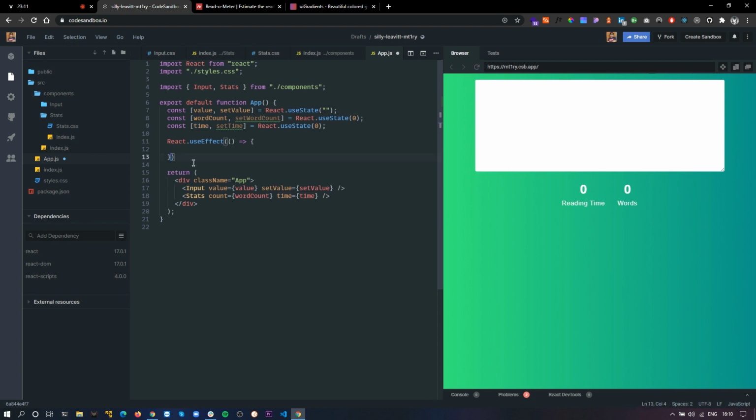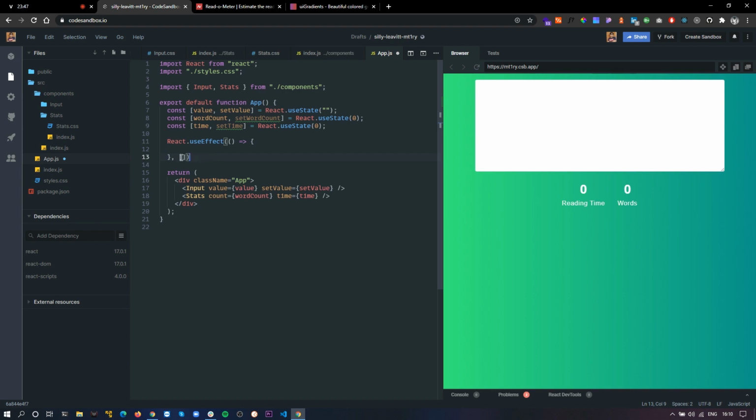But if you pass the second parameter and you pass an empty array, this means that it will run only one time, when the component initially renders. This structure is good for making your API calls. So let's say you want to render some data, and you want to fetch the data from an API. You're going to use this particular hook, and you'll pass an empty array right here, so that this function will be called when the component renders for the first time, and then you can maybe update your state. It won't be called again.